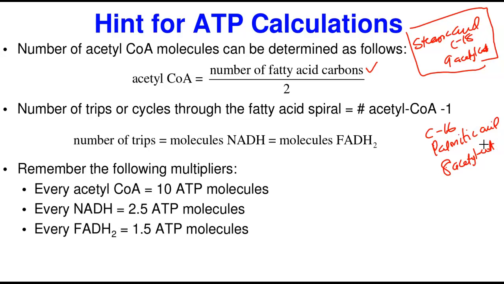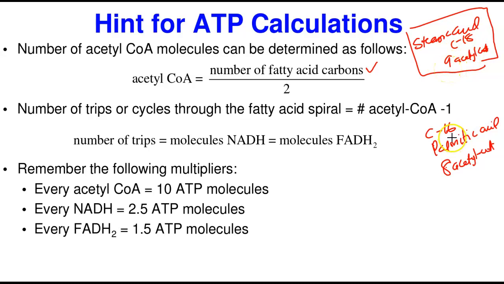Now, the number of cycles or trips or spirals in the complete breakdown of a fatty acid is determined by having determined this. There are many ways you can do this. You can easily say, like what I showed you earlier, by calculating how many times, breaking it into 2, into 2, into 2. That is fine. But I like going by a shortcut that you can't get wrong at any time. To know the number of trips, just do the number of acetyl-CoA minus 1. So if I want to know the number of trips of the fatty acid spiral in breaking down C18, it's going to be 9 minus 1, it's going to be 8.